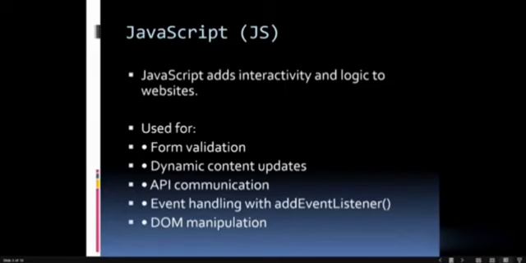It also handles form validation, error messages, and loading animations to improve user experience. In short, JavaScript acts as the brain of the website, controlling what happens when the user interacts with it. Now let's move on